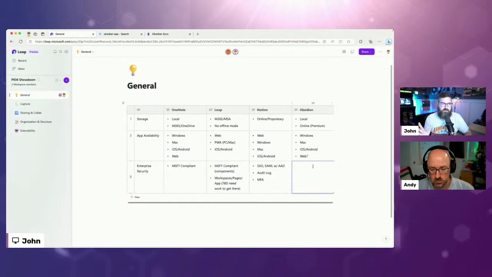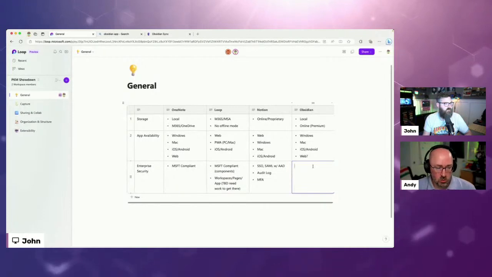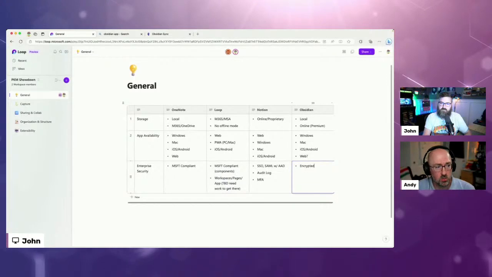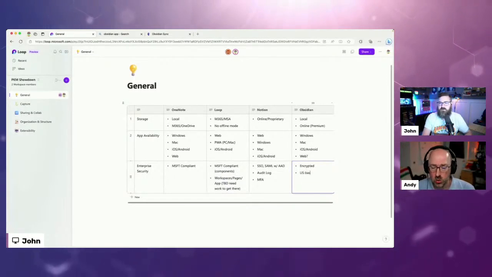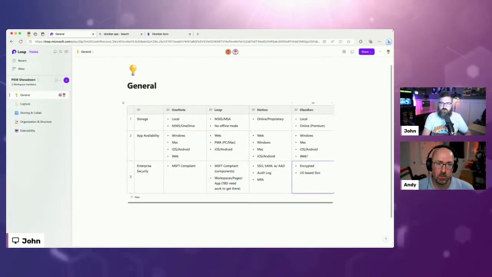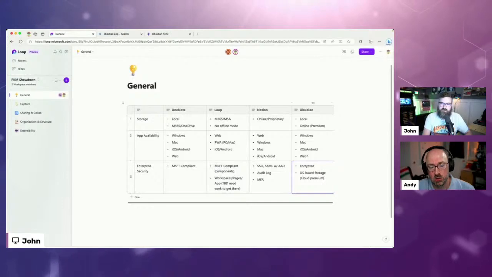Now, whenever we talk about Obsidian, what does it look like there, Andy? So it is encrypted, and if you do work with the cloud component, it is US storage based. Okay, so US based storage for the cloud version, and that's premium.